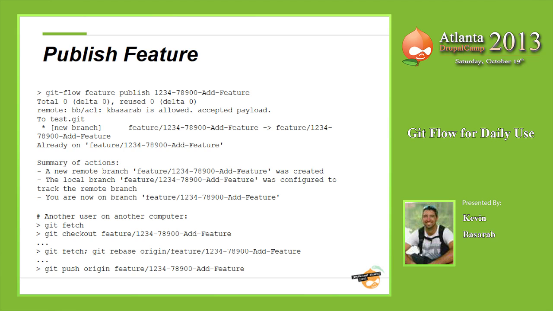So when another user goes to another computer to do it, what they're going to do is run a git fetch and then git checkout feature slash the name there. And one of the delineations that you'll run into a couple times, especially when getting used to git flow at the beginning, is that any git flow command, so it starts with git flow, is going to use the branch name without the prefix to it. So without the feature slash or without the hotfix slash or whatever it might be,